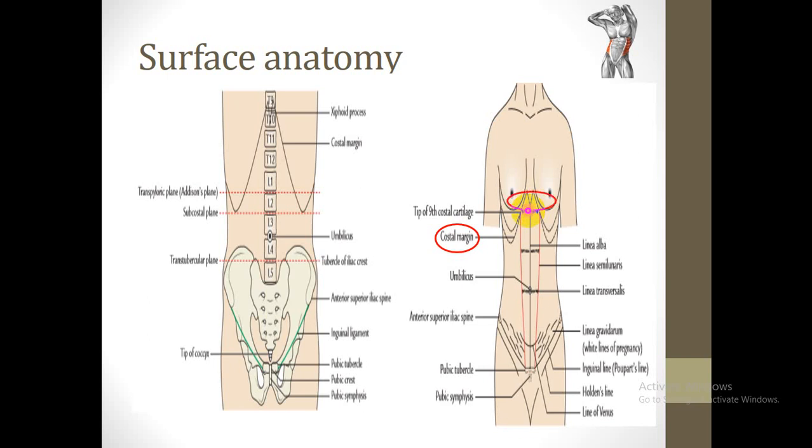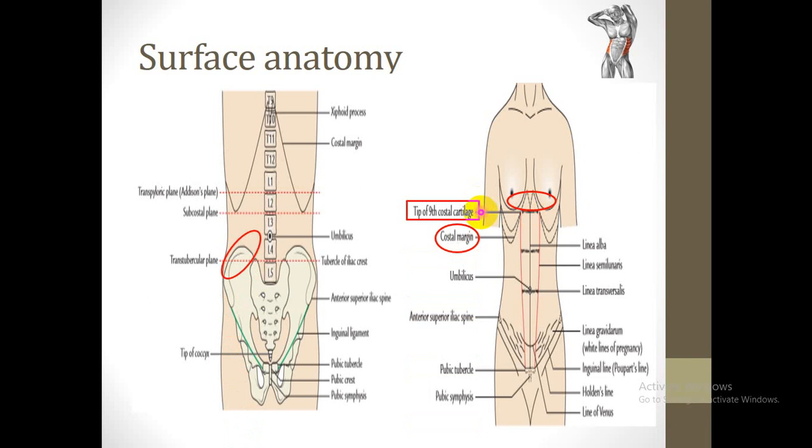So the second bony landmark is the xiphoid process. The xiphoid process is considered the third part of the sternum and is enclosed within the subcostal angle or infrasternal angle. Sometimes this part bends forward so it can be easily palpated under the skin. The xiphoid process is located at the level of the tip of the ninth costal margin. And the last bony landmark found here in the anterior abdominal wall is the iliac crest.